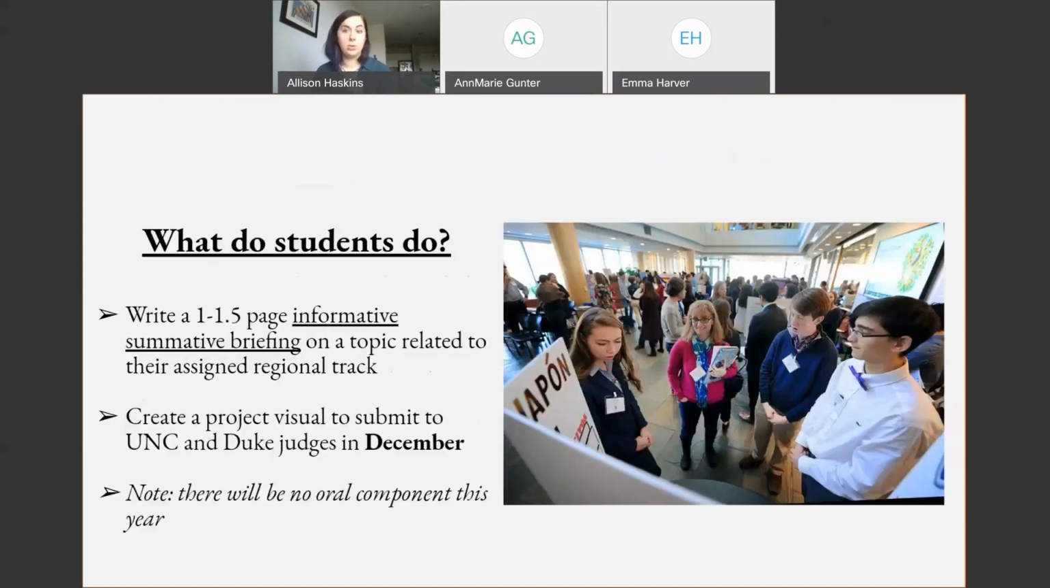What will the students do? They are going to write a 1 to 1.5 page informative summative briefing on a topic related to their assigned regional track. So this year, like we had mentioned, we are shortening the project component. In years prior, it was a multi-page research paper. This year, we're having it be an informative summative briefing. This is just a 1 to 1.5 page paper that explains a certain topic, and I'll show you the topics we've come up with. Those are limited as well,